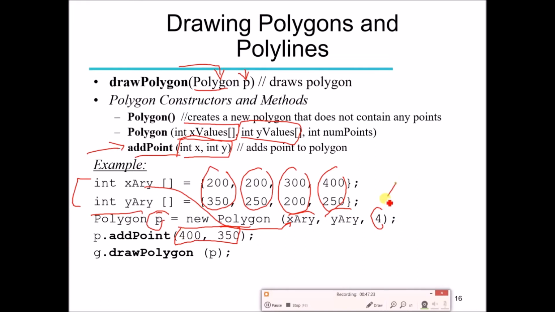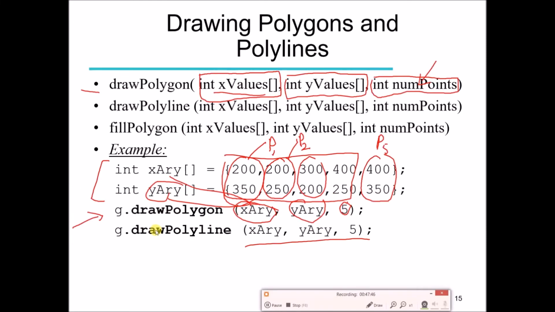Initially we constructed this Polygon object with 4 points, now we are adding one more point, and then finally we are calling the method drawPolygon, passing only one parameter. What is this parameter? The object of the class Polygon which we have just constructed. So this is going to draw the polygon.